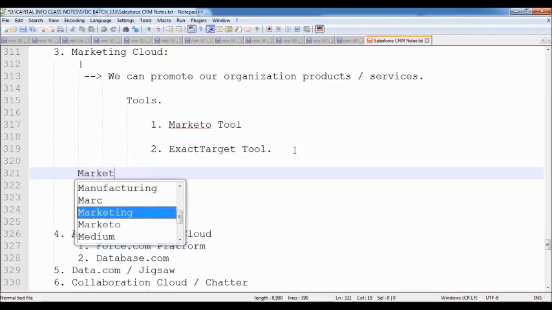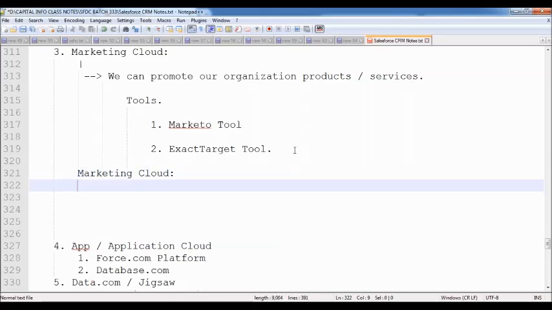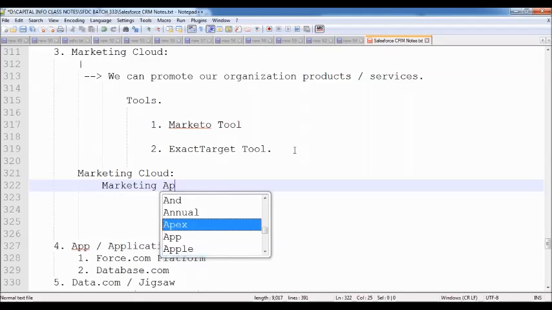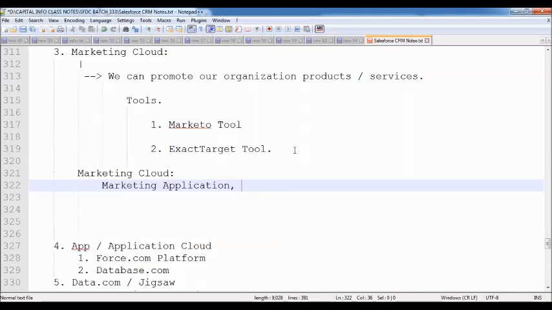As part of this Marketing Cloud, Salesforce has given so many features. They have given the basic application called the marketing application, in order to automate all the campaigns information, leads information, contracts information, orders information.